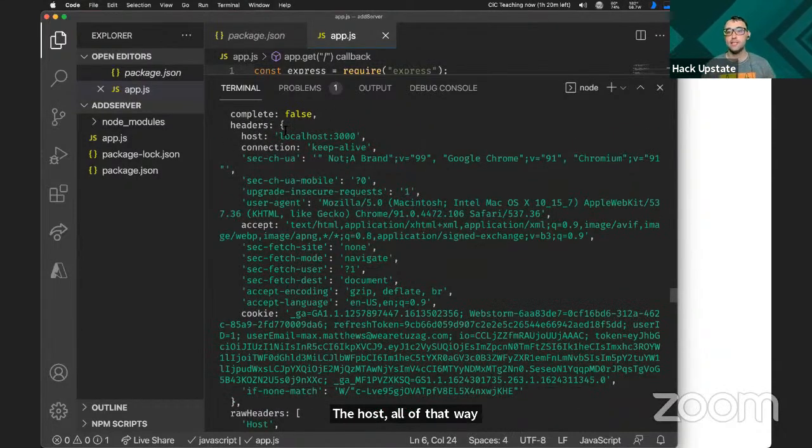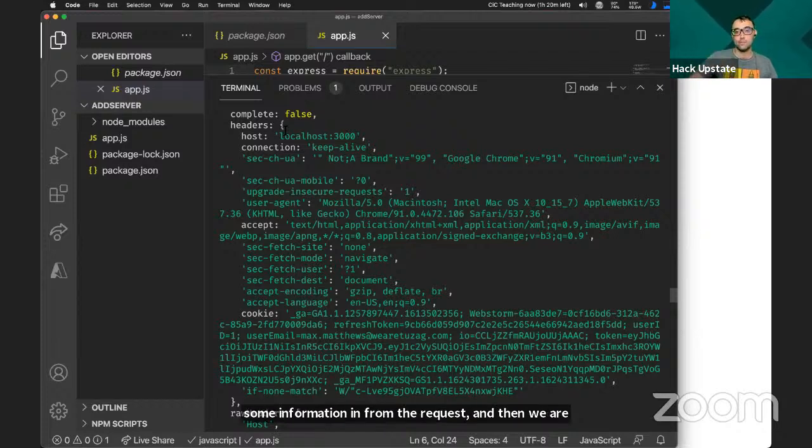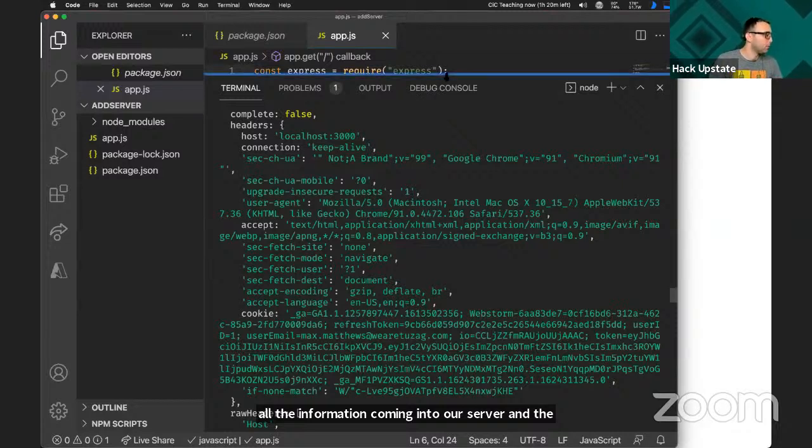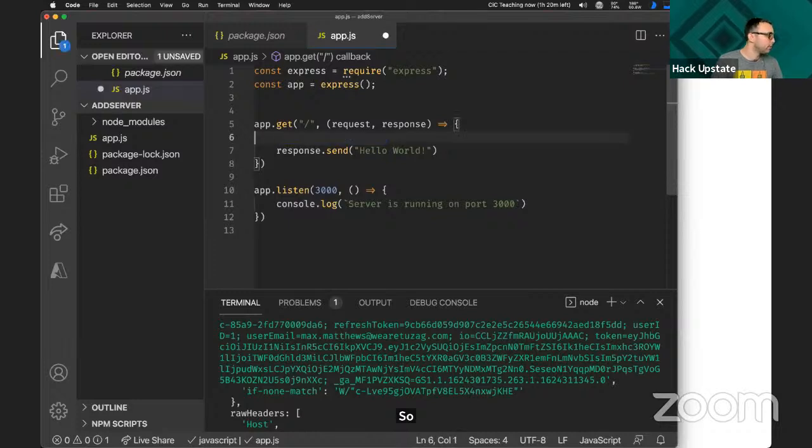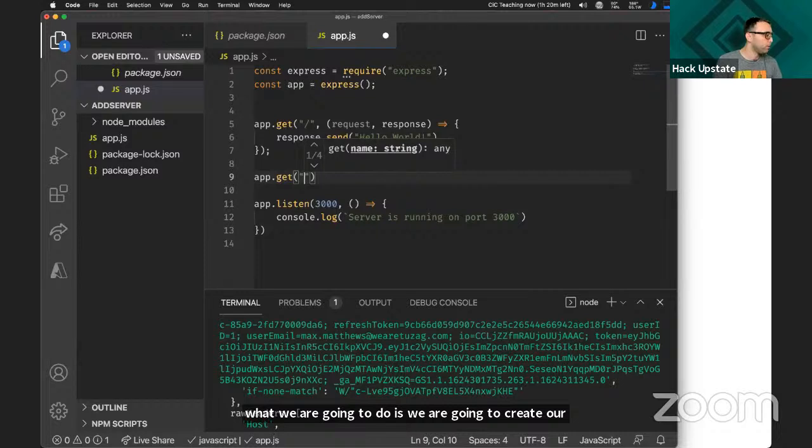We are going to use a very specific part of that to pull some information in from the request. And then we are going to send that back using our response. So the oversimplification of this is the request is all the information coming into our server, and the response is everything we are sending back from the server. So what we are going to do is create our app.get, and we are going to create